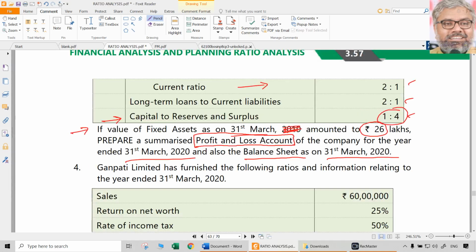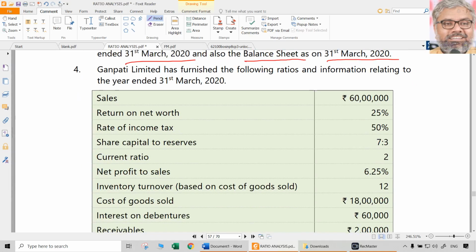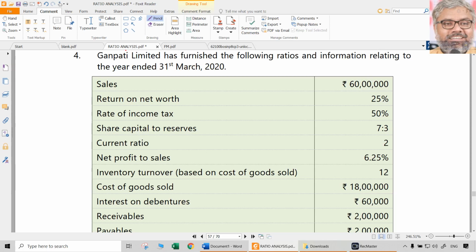So other presentational issues you have to take care of. You have to write proper headings and company name. All those things have to be very clearly mentioned. Computations have to be clearly shown. So that is a 10 marks question. Full 10 marks can be obtained only and only if you present it well, only and only if you show all the calculations, and if you write the formulae first before substituting the numbers. These are the key precautions to be taken while solving the questions related to ratio analysis.